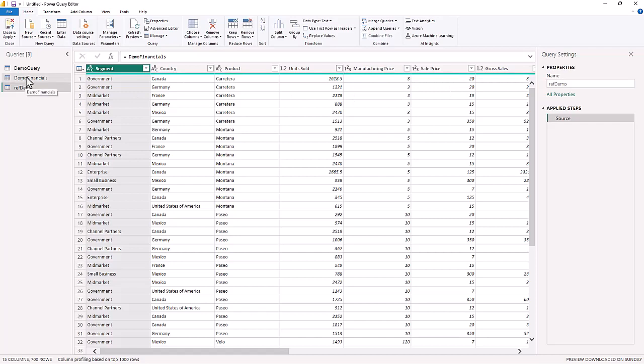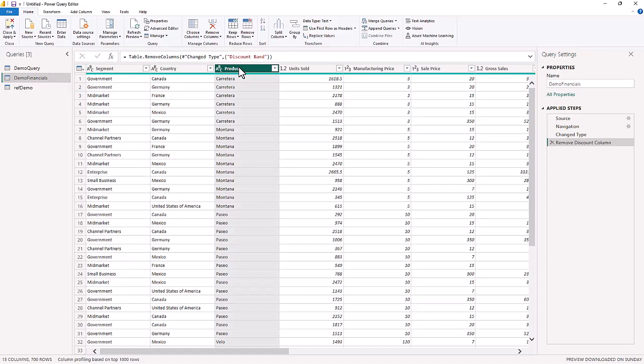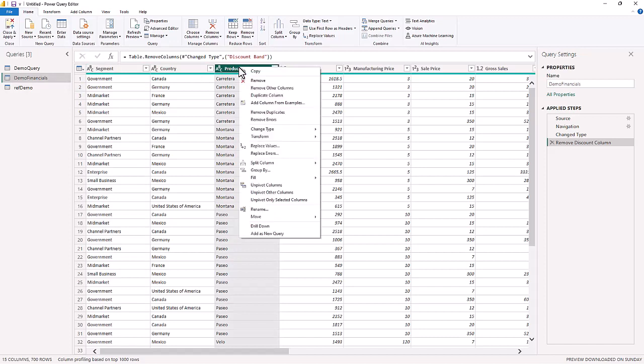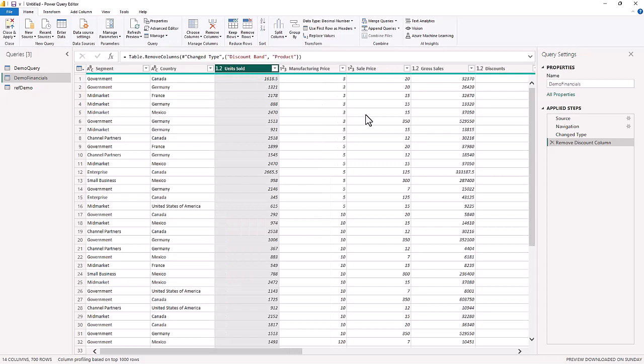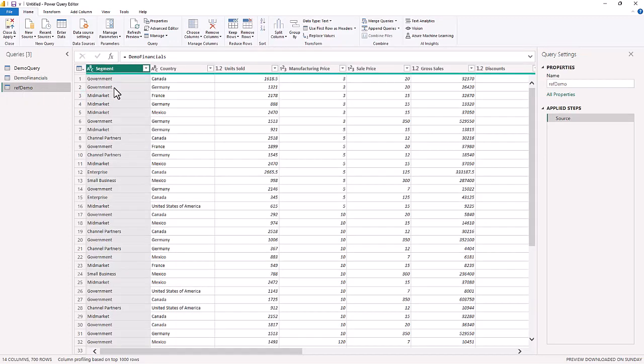We go back to the Demo Financials, and if we remove Product column, we have now removed the product column. But if we go back to the reference of the demo, this has now been updated because it's referencing from the Demo Financials. So we remove that column in the Demo Financials. That removed the column